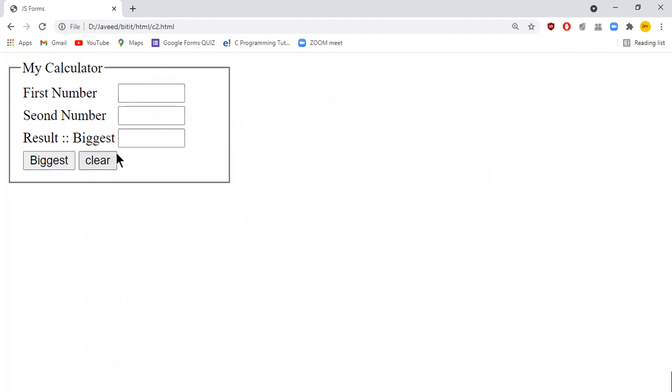Now you can see that there is a clear option there, right? Okay, I'm typing two numbers. Then I click clear. Automatically, the data that you entered into the form will be cleared and it will be reset to the original screen. So initially, when you started your application, whatever screen you saw, you will see the same screen when I use the clear button.